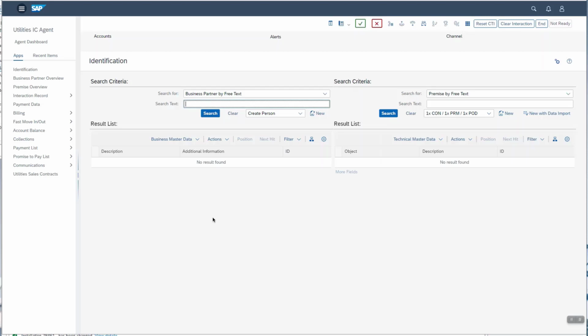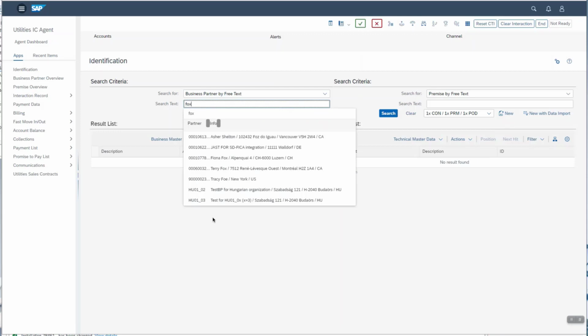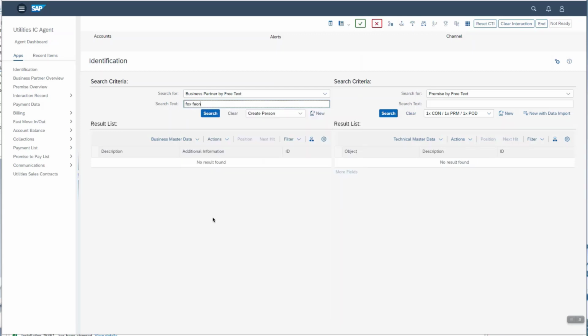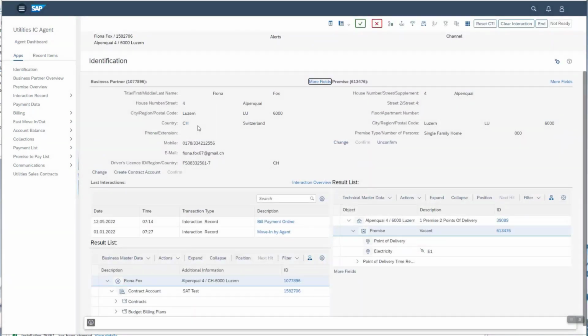In this case, we have defined a specific user story where Fiona Fox, a customer of our utility, calls in regarding a high bill, and she has a couple of inquiries that need to be resolved. And in order to start this process, we of course first need to identify Fiona Fox, and you can see it's also a smart search where we identify any specific errors that also provides the possibility of avoiding any duplicates